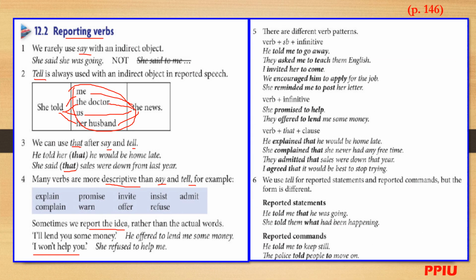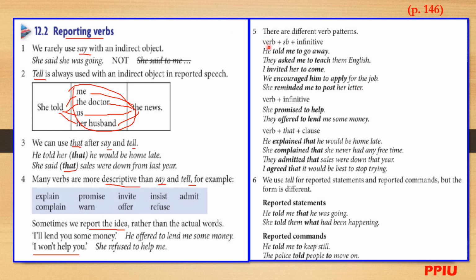Okay, move to number 5. There are different verb patterns: verb plus somebody plus infinitive. SB means somebody. He told me to go away. They asked me to teach them English. I invited her to go home. We encouraged him to apply for the job. She reminded me to post her letter. This is just an example of